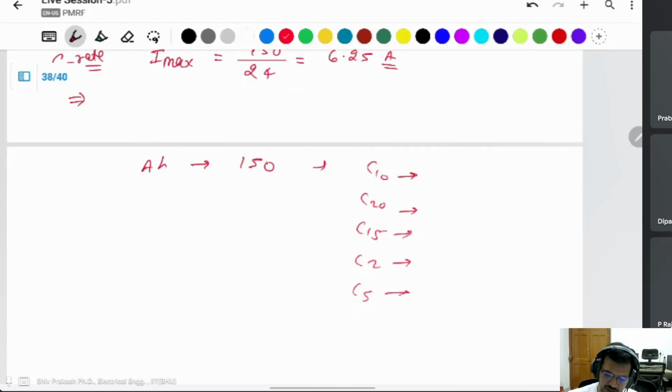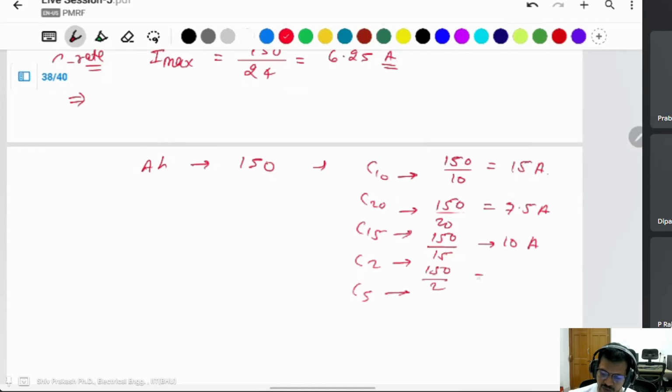C1 is a very high current rating. C10 means 150 divided by 10, 15 ampere current rating. 150 divided by 20 will be 7.5 ampere rating. 150 divided by 15 will be a 10 ampere rating. 150 divided by 2 will be 75 ampere current rating. 150 divided by 5